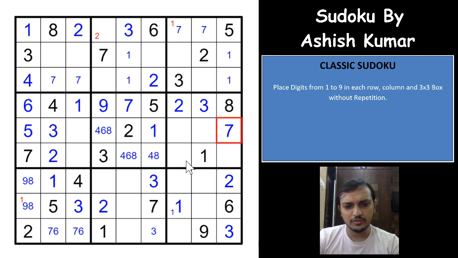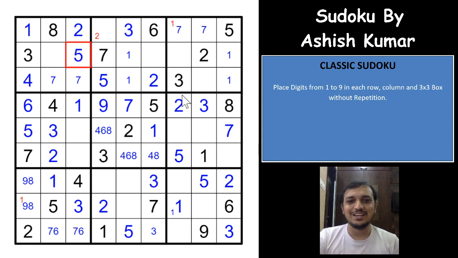And this 5 gives you a 5 here in box 6, that gives you a 5 here in box 9, and that gives you a 5 here in box 8. Superb, that gives you a 5 here in box 2, and that gives you a 5 here in box 1. Excellent, so we have got all the 5's here as well,